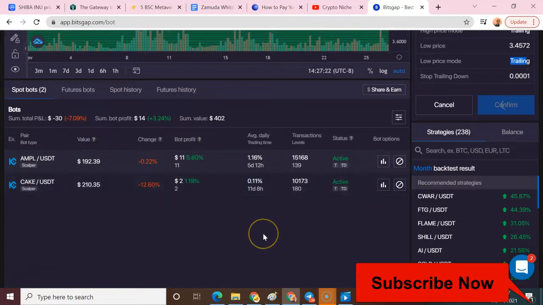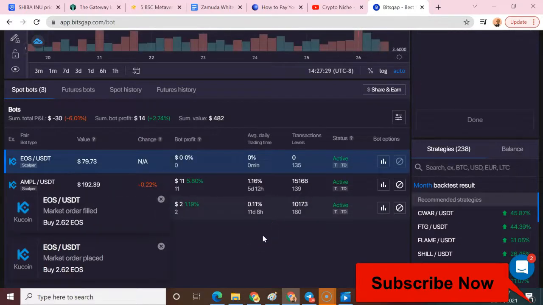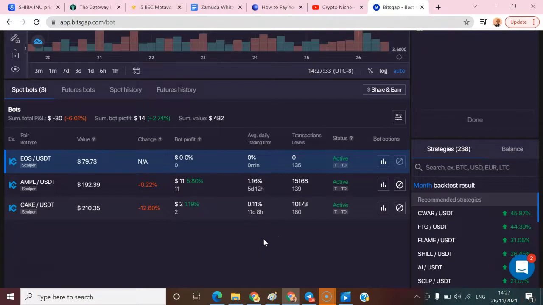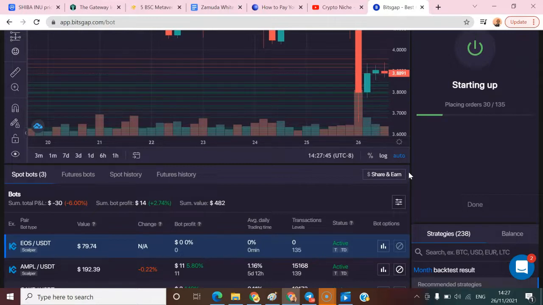Yes, I'm going to click on yes because I want to buy EOS at this current price. So you have to click on yes, and it's going to buy at market order. Market order has been filled. Awesome, I like that a lot. So let's wait until the bot is fully launched. You have to wait a couple of minutes, as you can see, live as the orders are being created on the screen. So the bot is going to be creating